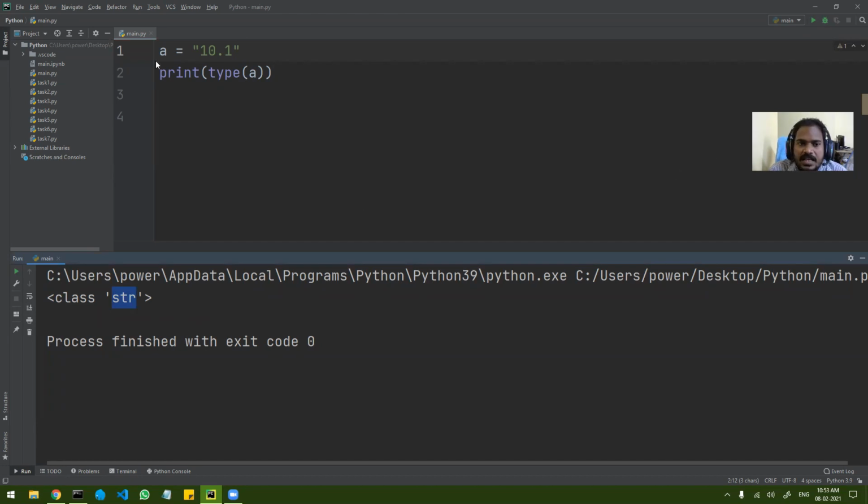Then finally, if I do True, this is the fourth data type. If I run it, you will see bool. Bool means boolean, right? So these are the four data types that you should know. Okay, so next,